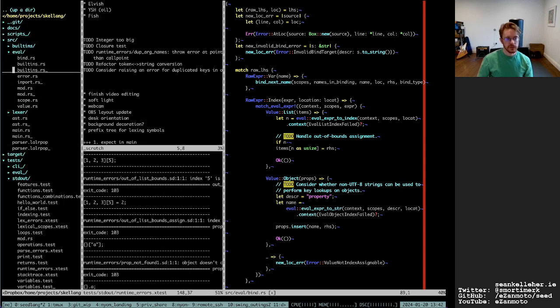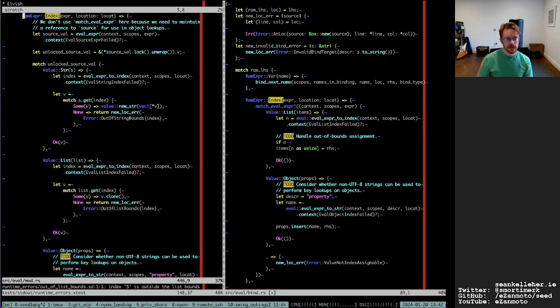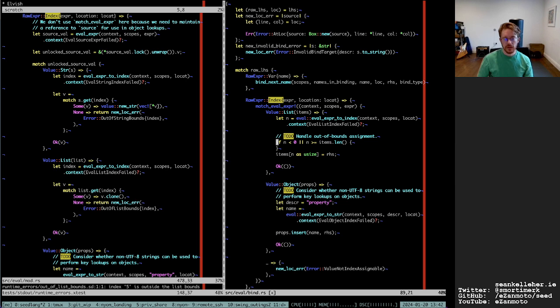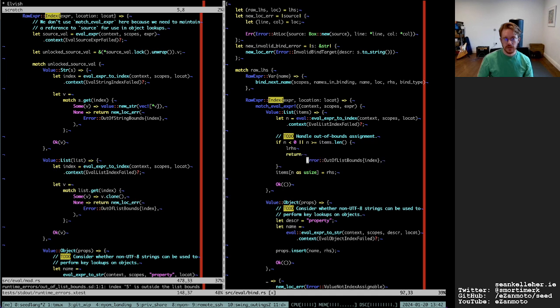So we'll go to eval-mod and we'll go index and we'll return the same, so it'll be out of list bounds. So if n is less than 0 or n is greater than, let's see, RHS, or its items len, and if it's greater than or equal to the length, then we'll return that.